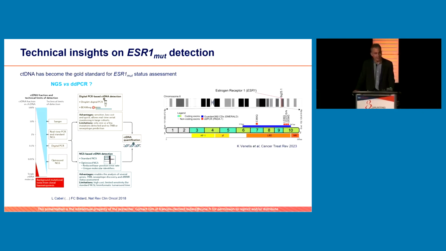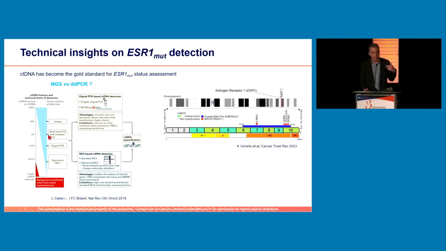And then this slide is about how we detect ESR1 mutations. These mutations are detectable in tumor tissue. If you rebiopsy the patient, you will be able to detect ESR1 mutation, but it is usually much easier to detect these mutations through ctDNA analysis, which has become, I would say, the gold standard for ESR1 mutation status assessment. Depending on the level of ctDNA circulating in the blood, you could apply different techniques. But in most metastatic patients, the mutations are detected at 1%, could be even lower,